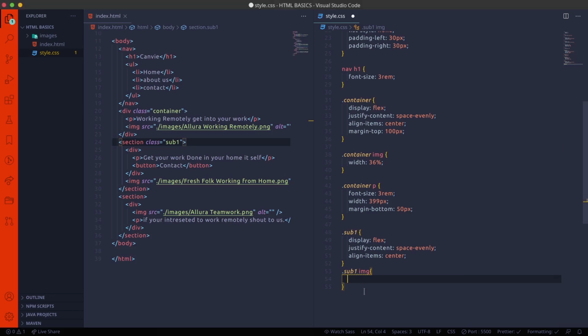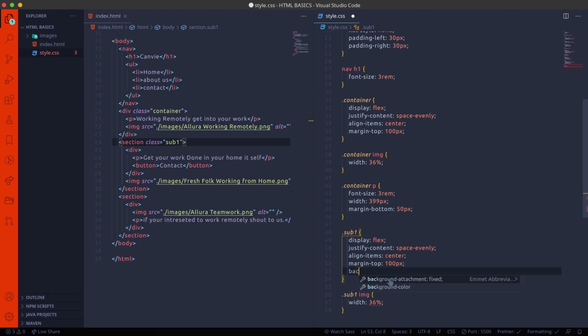So width again 36%. So I'm using here margin top to be 100 pixels. I want to have a background color for the sub1.